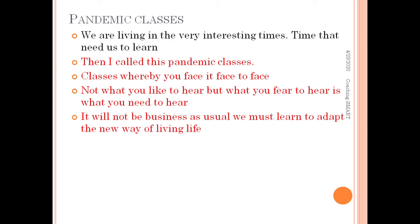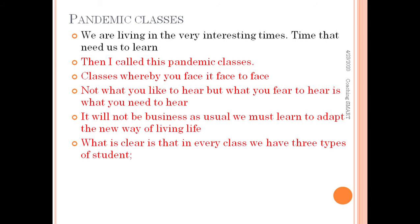It will not be business as usual. We must learn to adapt to the new way of living life. What is clear is that in every class we have three types of student. One is fast learner, two is slow learner, three is non-learner. Very interesting. Someone said